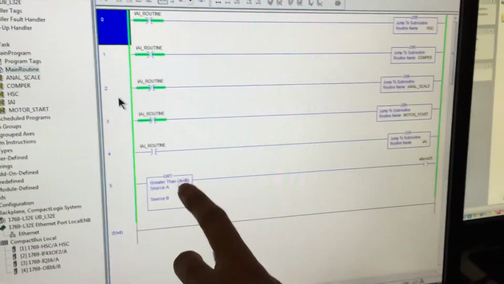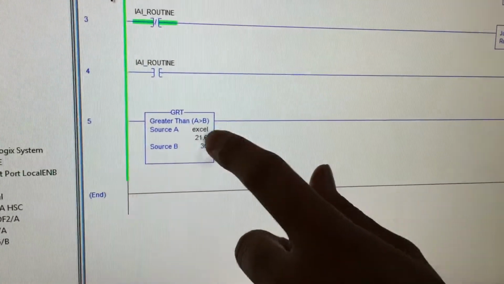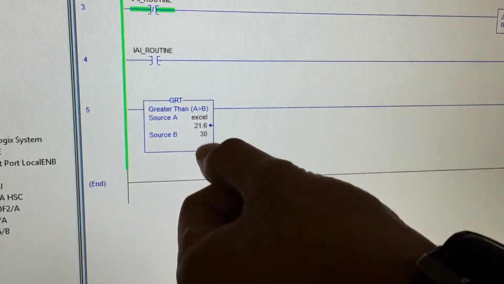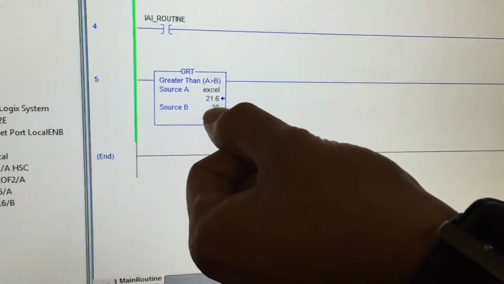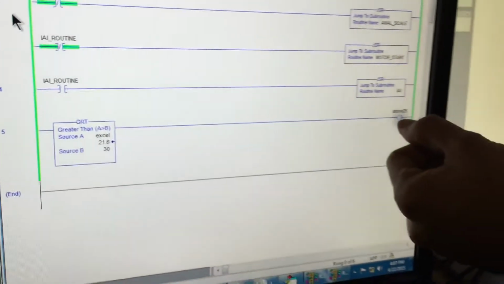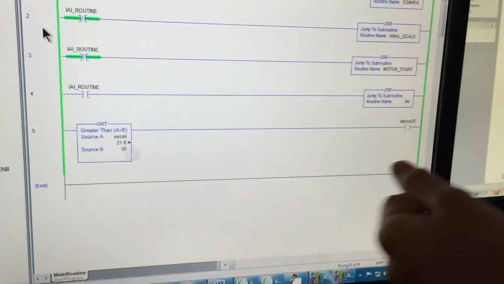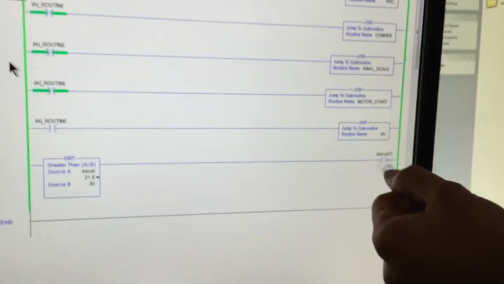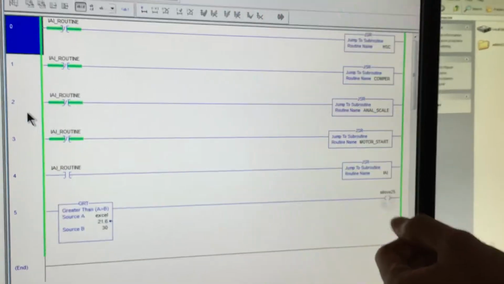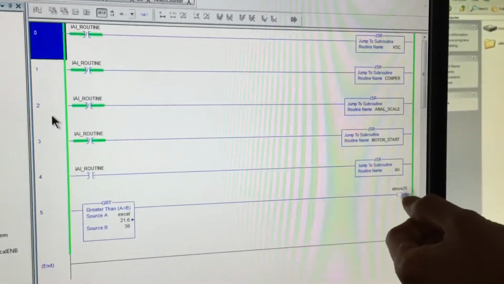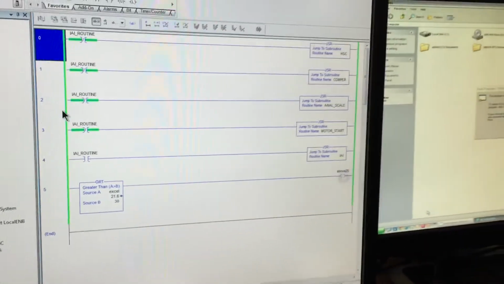This is the program. A greater than B, where A is the Excel and B is 30. If the value is above 30, then above 25 will be on. If it's less than 30, it will be off. If it is off, then the value is 0, and if it's on, then the value is 1 over here.